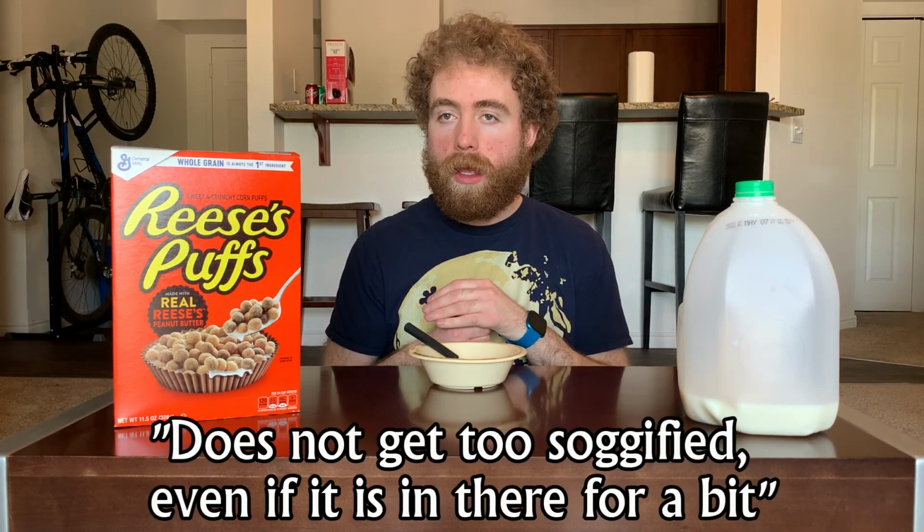And just as a cereal too, it's very good. Not even comparing it directly against similar things, it's just a good cereal. And the taste is consistent and good. You get that good balance of the peanut butter, mostly from the pieces, and the chocolate a bit in the pieces, and a lot in the milk. So that meshes together perfect. Keeps its crunchiness. Does not get too soggified, even if it's in there for a bit. And just good texture on a puff piece, because that's obviously always worked well. So I think that means Reese's Puffs